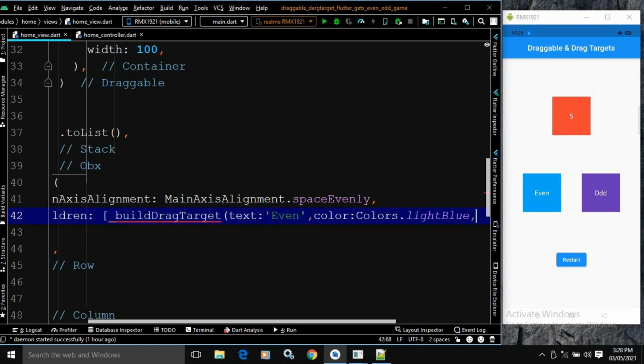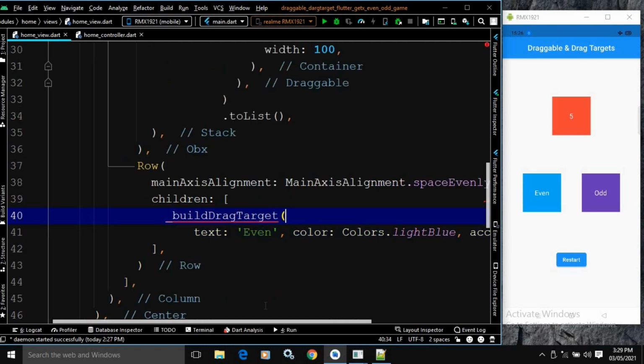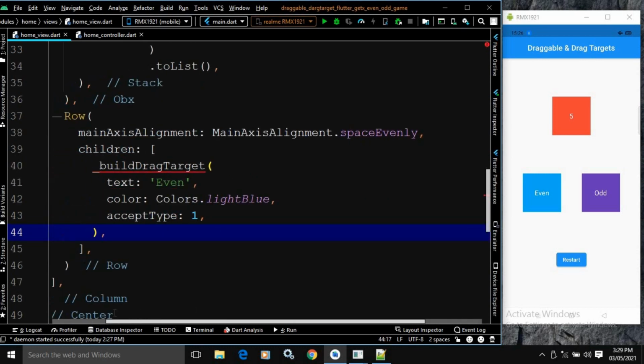Okay, after that here I will use another named parameter, that is accept type. Let its value be 1. Now what is the purpose of using this accept type, that I will discuss later on, right? Now let me reformat the code. Let me put a comma here, reformat the code now.